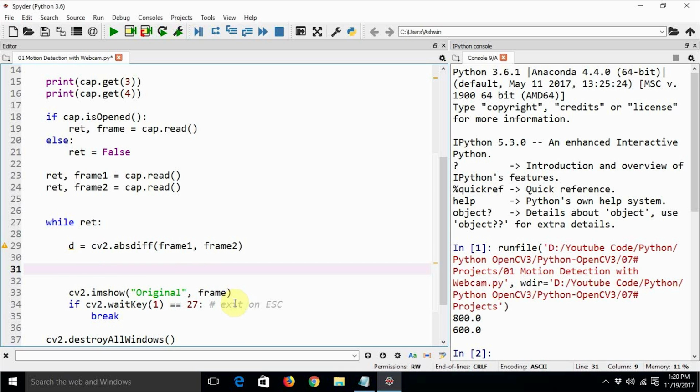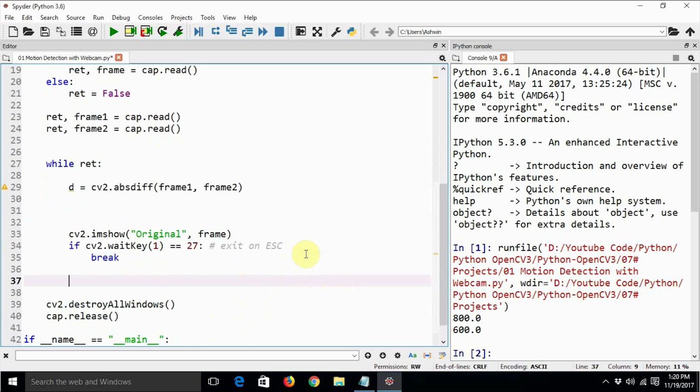I was talking about deleting this line. Let's delete this line and put it in the end, and it should be frame 1 of read.